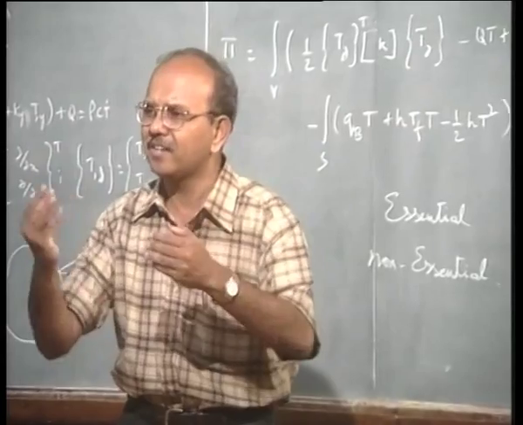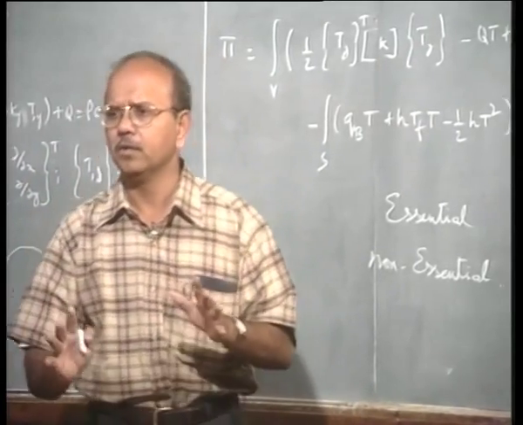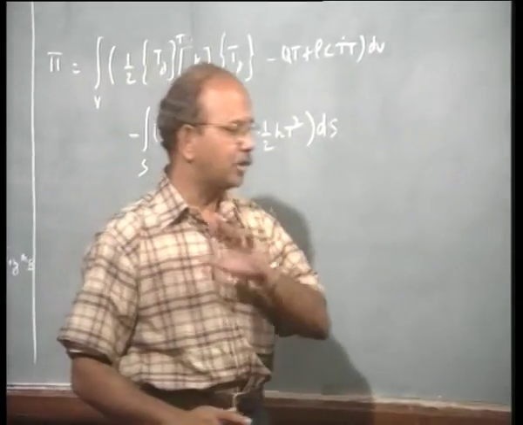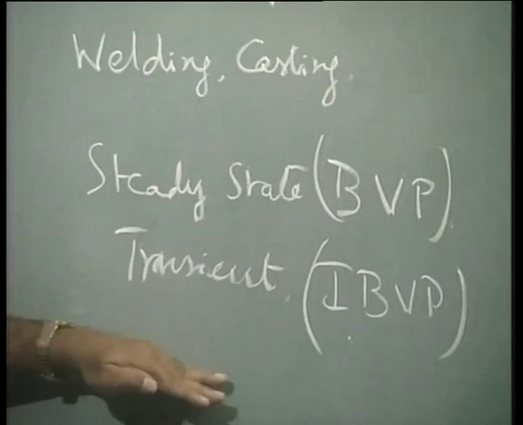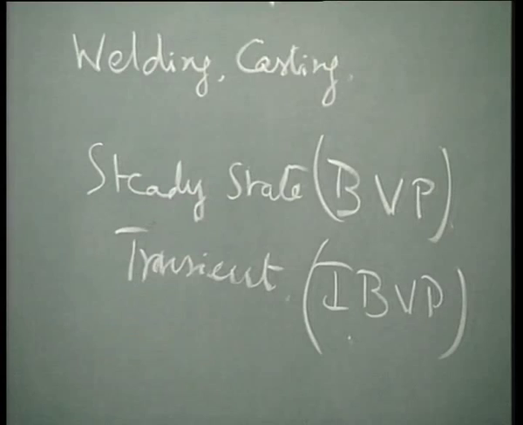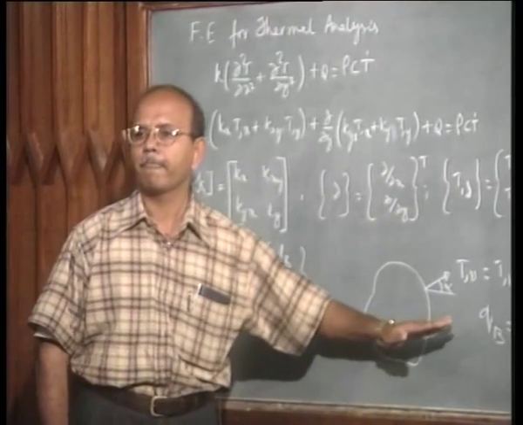You know, what is the analogy? It's very, very simple though, but people make this mistake. So, I would like to explain that, but I hope now you are clear that these are the two things. One is boundary value problem, the other initial boundary value problem, initial plus boundary value problem. Let us come back to this.